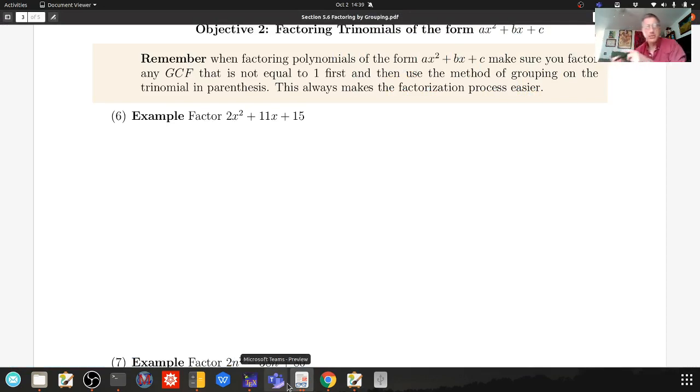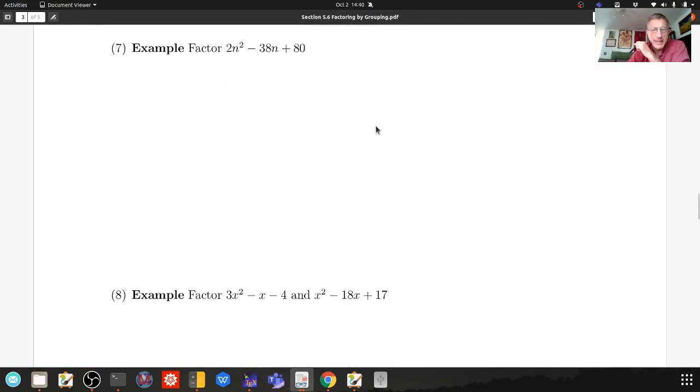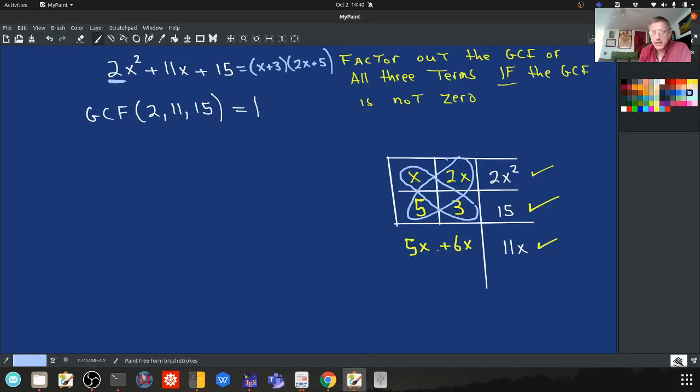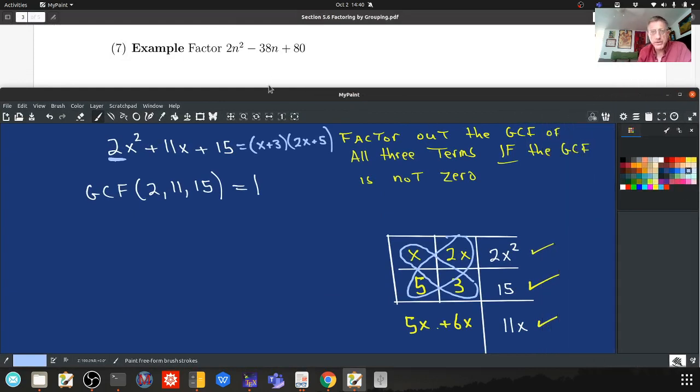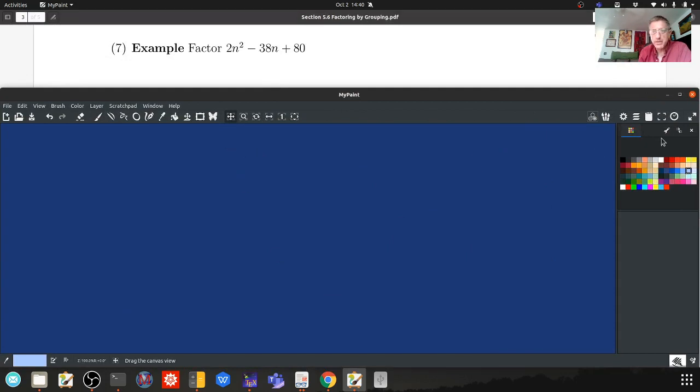Okay, so the next one is a polynomial in the variable n. Yeah, they like changing the polynomial, the variable, but that really shouldn't prove to be any difficulty for you, because after all, these are dummy variables. So we're trying to factor 2n squared minus 38n plus 80. So again, we're going to remember, let's take the GCF